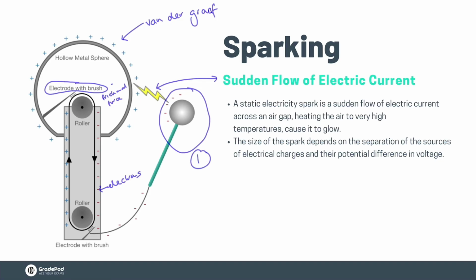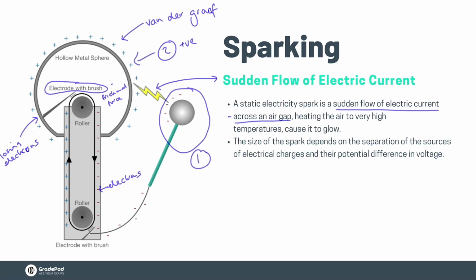By gaining the electrons from the brush, that means that this is losing electrons, which means it becomes positively charged. So this area here, number 2, is positive. There's a potential difference, a difference in the amount of charge between the hollow metal sphere and position 1. And that difference in potential is eventually going to cause a very large and sudden flow of electric current through